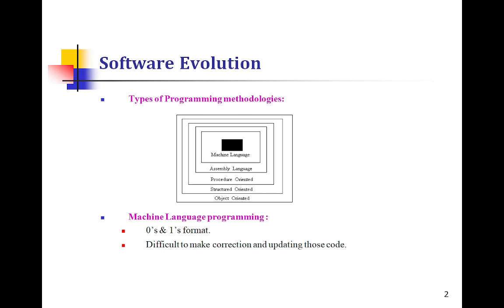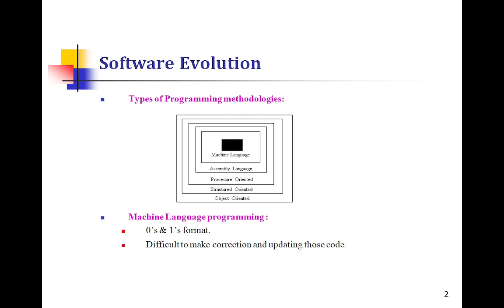Based on that only, it will do all the functions, but the human being can understand a high level language. That high level language has to be converted into the corresponding machine level language format, zeros and ones binary format. This process is handled by compilers, assemblers, linkers, and loaders. These are the various system softwares which support the various processes for executing the programs. Then the next one is assembly language.